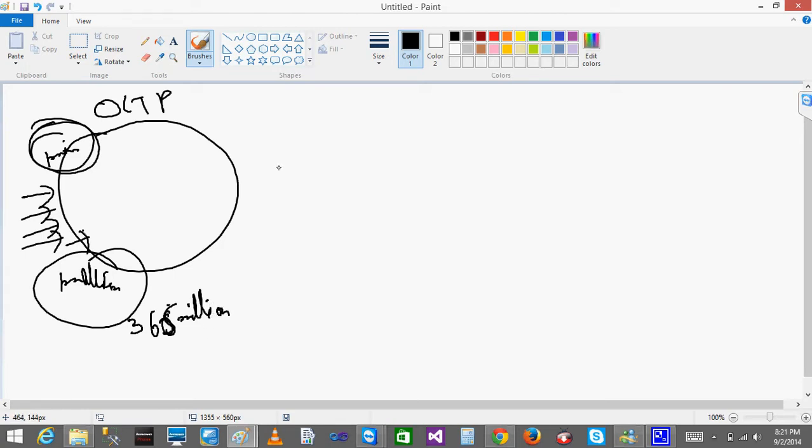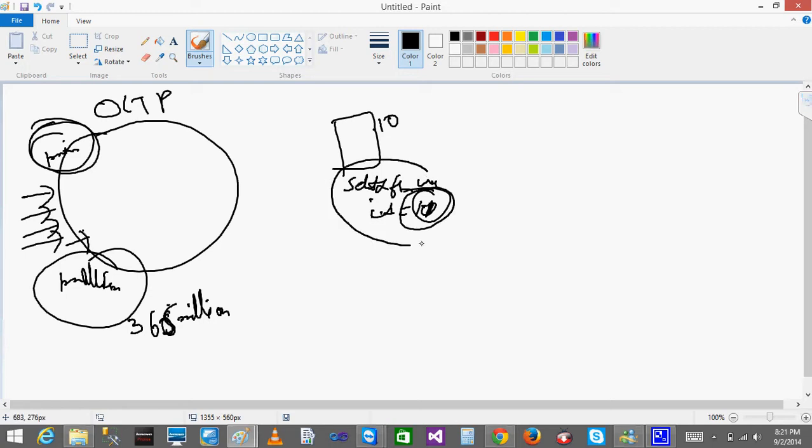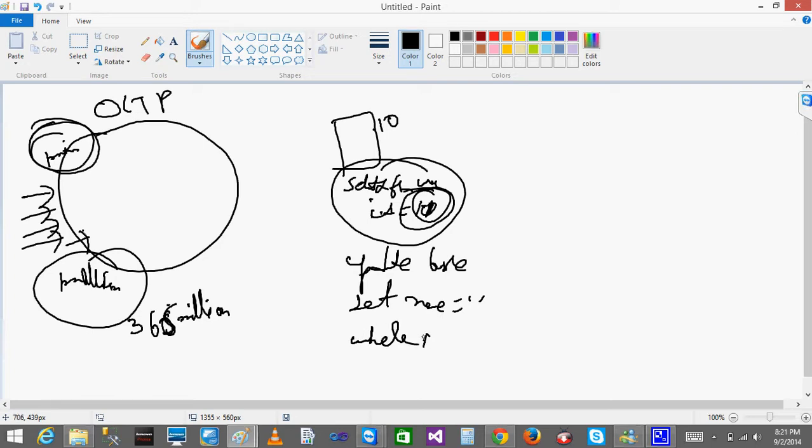So you might observe one thing, when you have a table with 10 records and you write select star from table name where ID equal to 1, if there are 10 records, you give some ID equal to 10 or 11, anything. When you give this search operation, or if you want to update table set name equal to something where ID equal to 11, or even you can use delete also, delete from table where